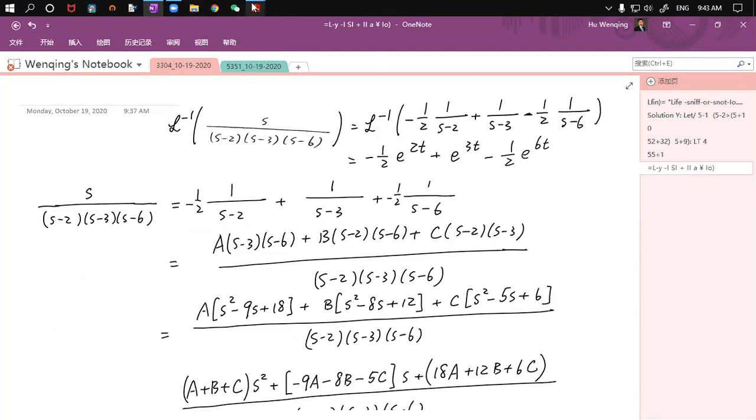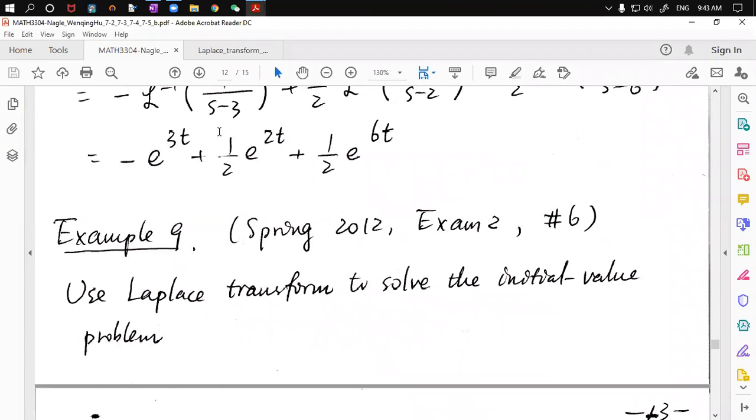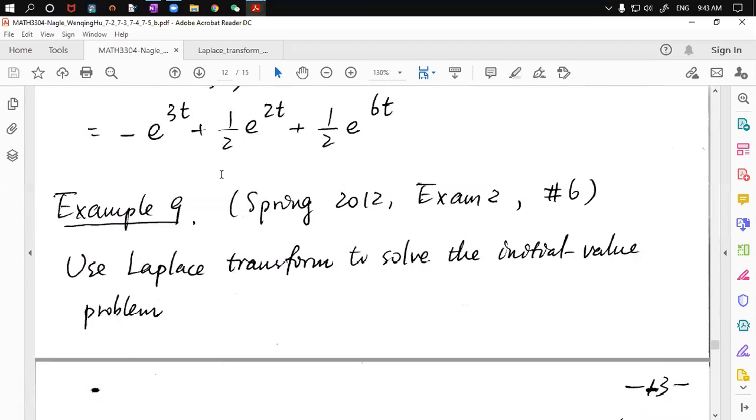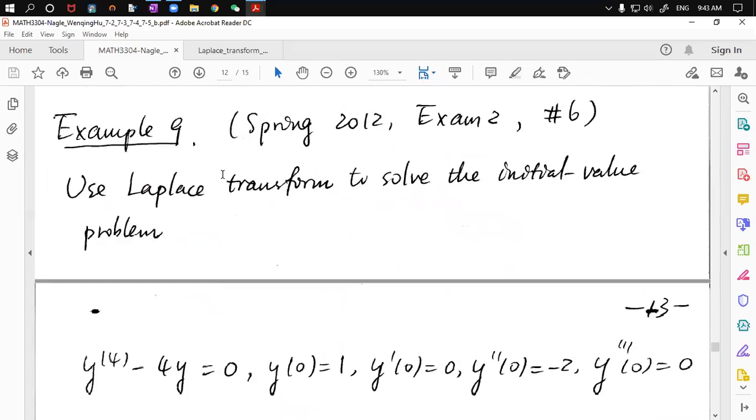Is that good for everybody? Okay, so that's going to be the scenario that you're going to quickly meet when you are really on these exams. Okay, so now let me